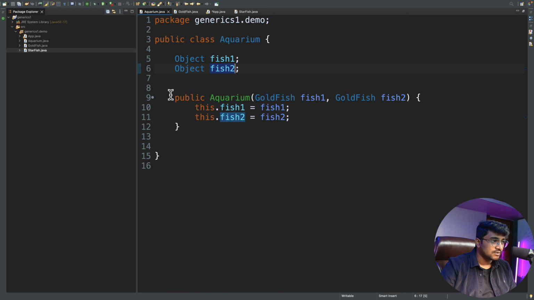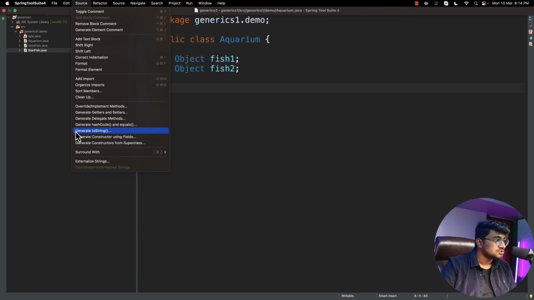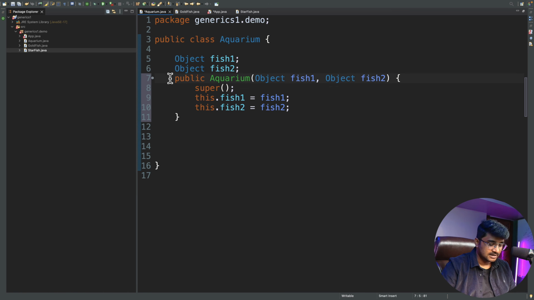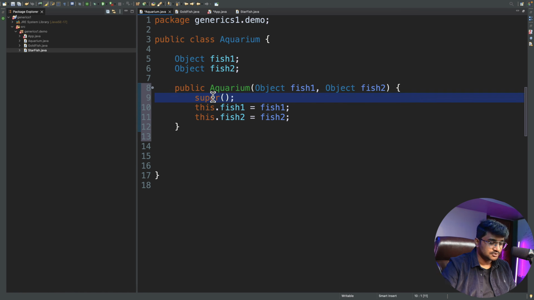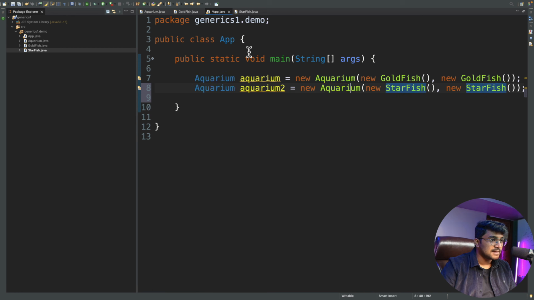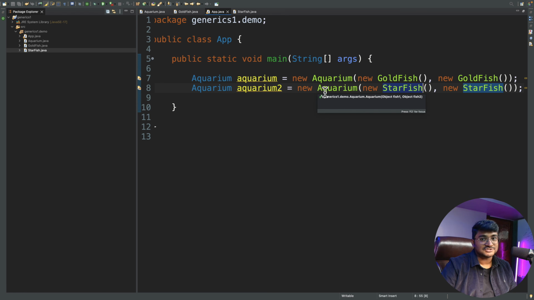So right now, what I'm going to do, I'm going to create a different constructor here. So Source, Generate Constructor using Fields, Generate, which is good. Now I'm creating another aquarium, removing the super, accepting an Object right now. So if we go to my App.java, see, now I'm getting no error over here. I can create a goldfish and put it inside the aquarium. I can create a starfish and put it inside the aquarium, which is a good thing,